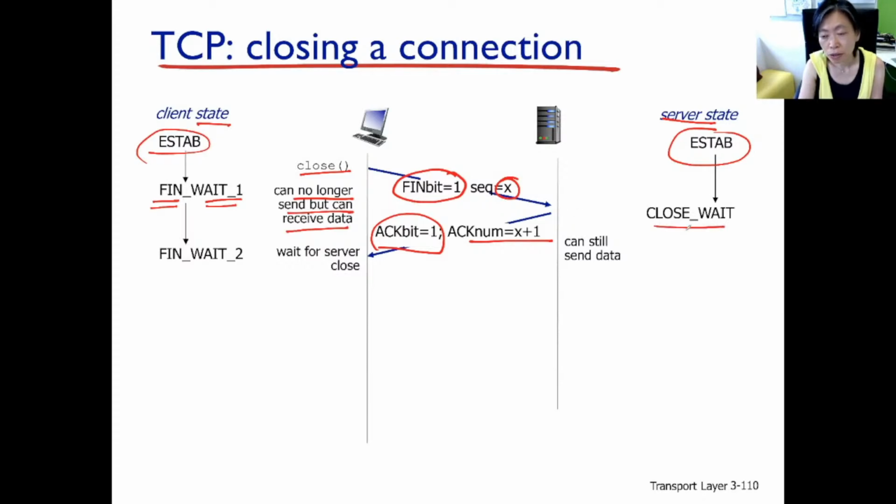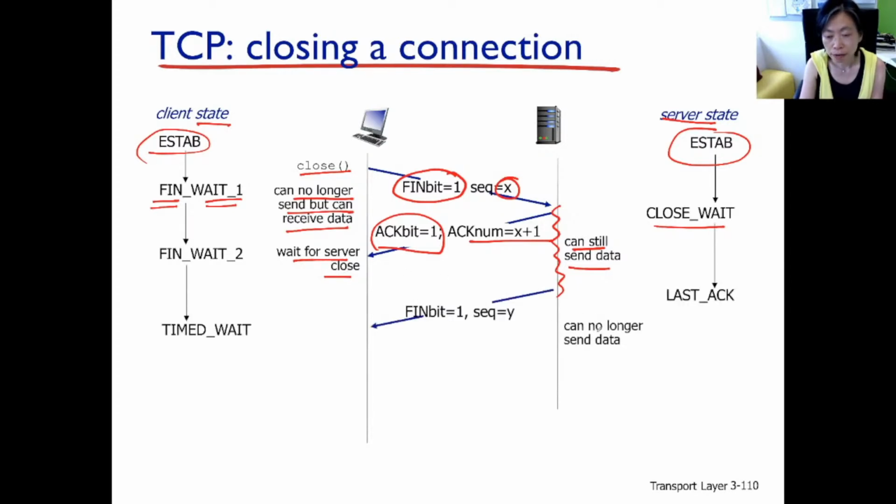The server here will enter the CLOSE WAIT state. So the server knows now that the client wants to close, but it's not quite yet closable, because the client closing is just that it finished sending requests. There could be some more data waiting to be sent here, some more ACKs waiting to come back. So the server needs to finish all the other remaining data. But the client here, receiving the ACK for the FIN, is pretty much done, and is just waiting for the server to say everything is already sent, so you're okay.